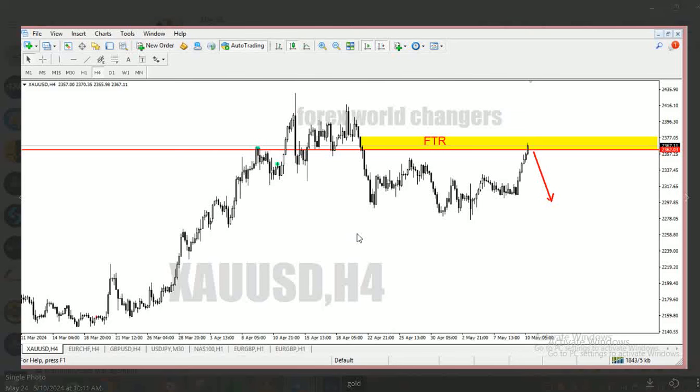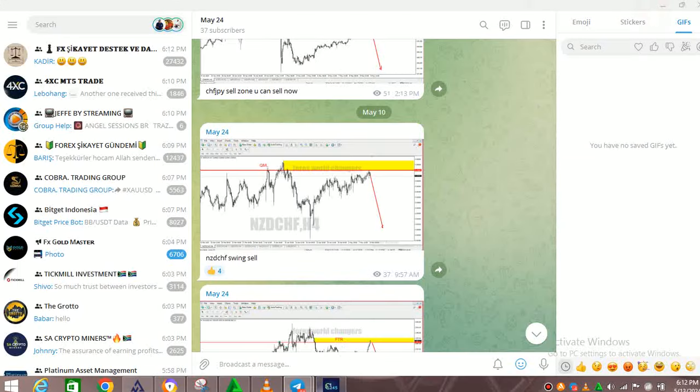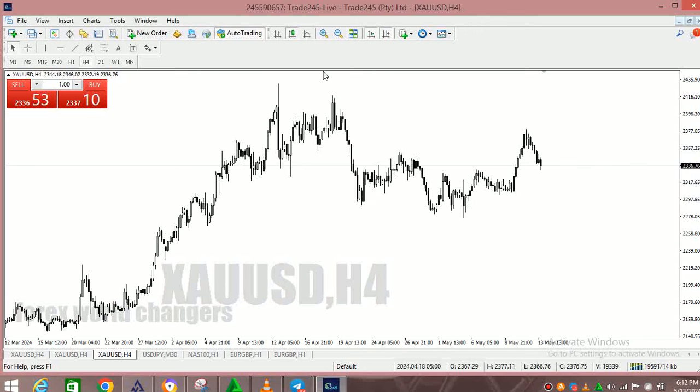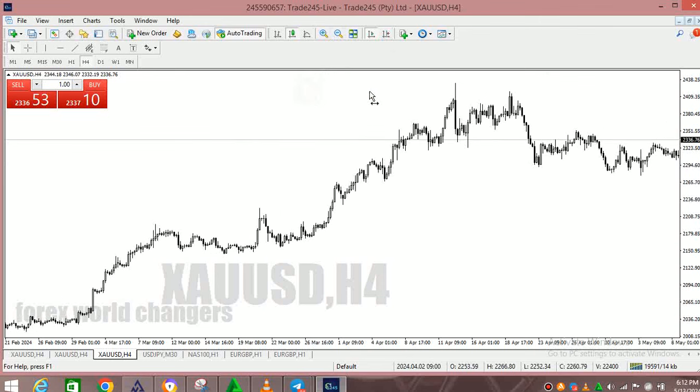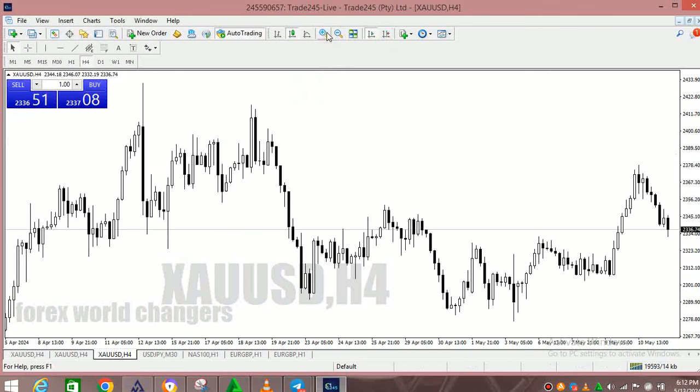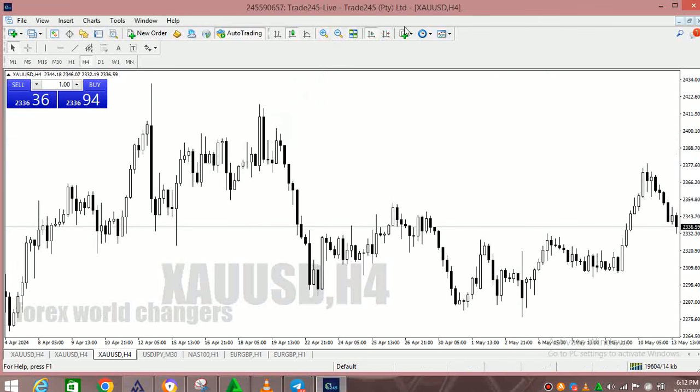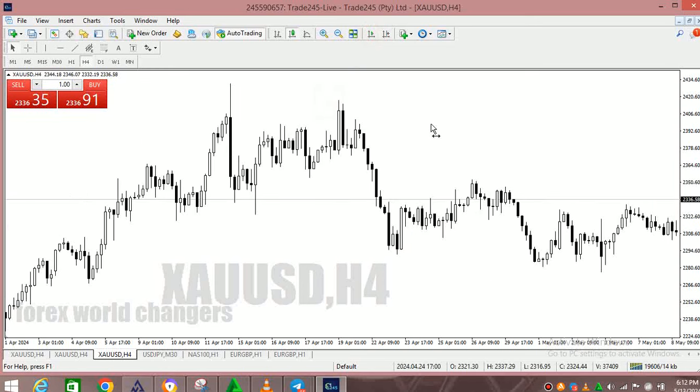If you pay attention, like I've always said, pay attention. Let me zoom in so you can see properly. If you pay a lot of attention to your left-hand side, you see there's a lot happening there that actually predicts the future. If you want to be good at your analysis, spend a lot of time looking at your left-hand side, because there's a lot of price action happening there. So firstly, we have this